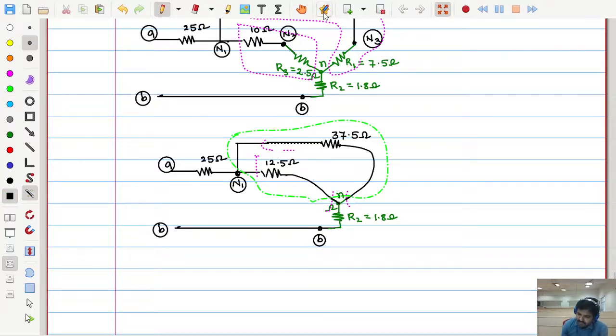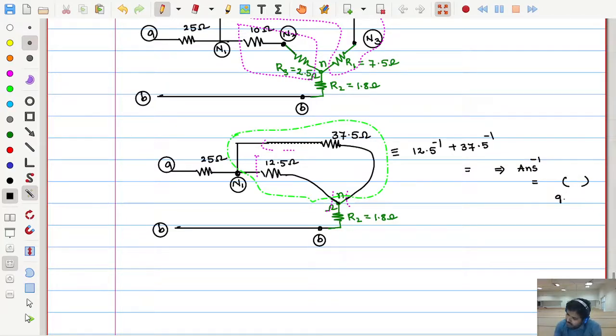Now what do we do? You should now start using this trick I told you in the last session. This corresponding segment can be replaced in this way. Type 12.5 inverse plus 37.5 inverse in your calculator. Then press equal, you will get some value. Then in the next step, type ANS, which is there on the keyboard, then again the inverse symbol. Then again press equal, you will get the answer. Tell me, how much is that answer?